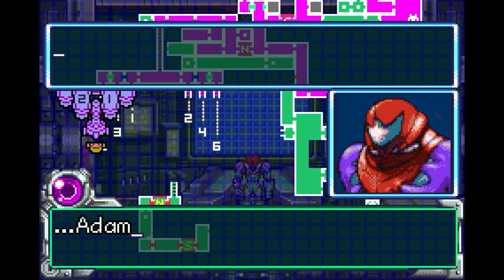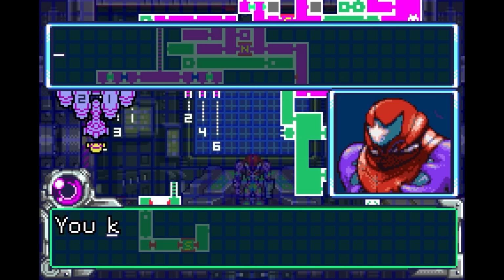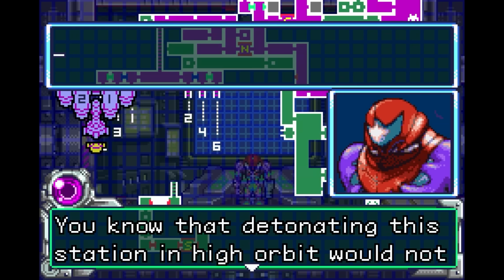The AI questions this Adam person, and even goes as far as to call the original Adam a fool for giving his life to save Samus's. Gee, this Adam guy sure sounds interesting. I do hope we get another game to... So yeah, after a short back and forth, the AI, somehow and